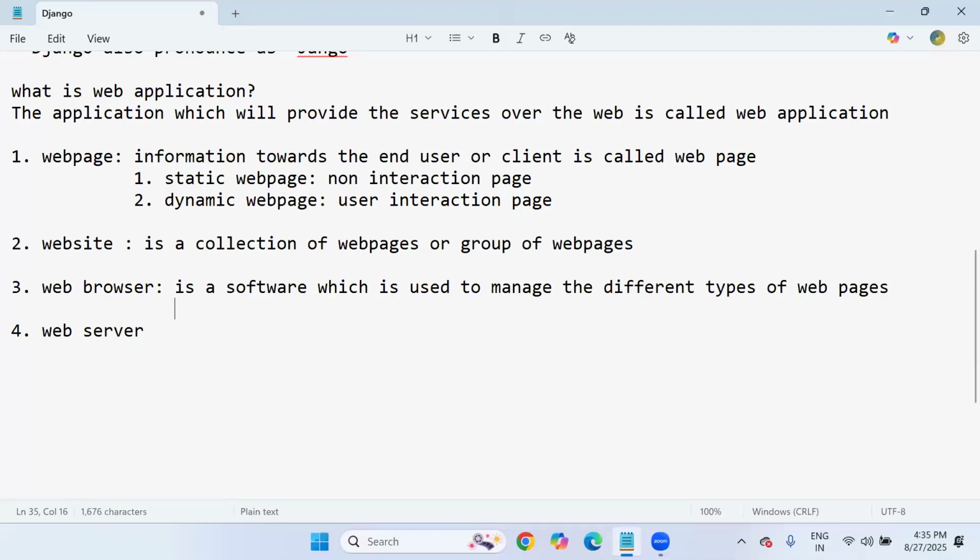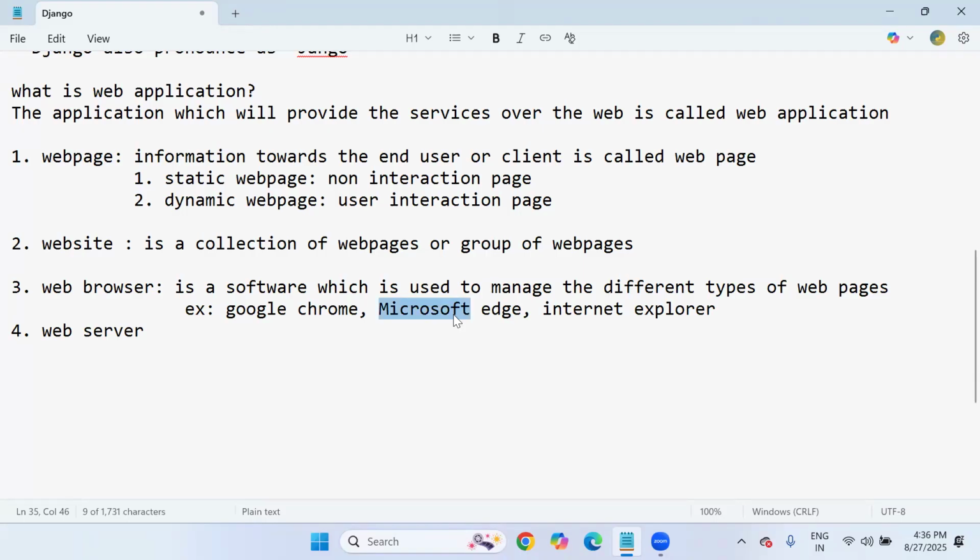So what are examples of web browser software? Yes, we have a lot of web browser software. Google Chrome. Okay, this is one of the famous search engines, like Google Chrome browser. This browser only we are going to use for launching our website, or else Microsoft Edge. Yes, Microsoft Edge is there. And also Internet Explorer, that is IE. Opera and so many browsers are there.